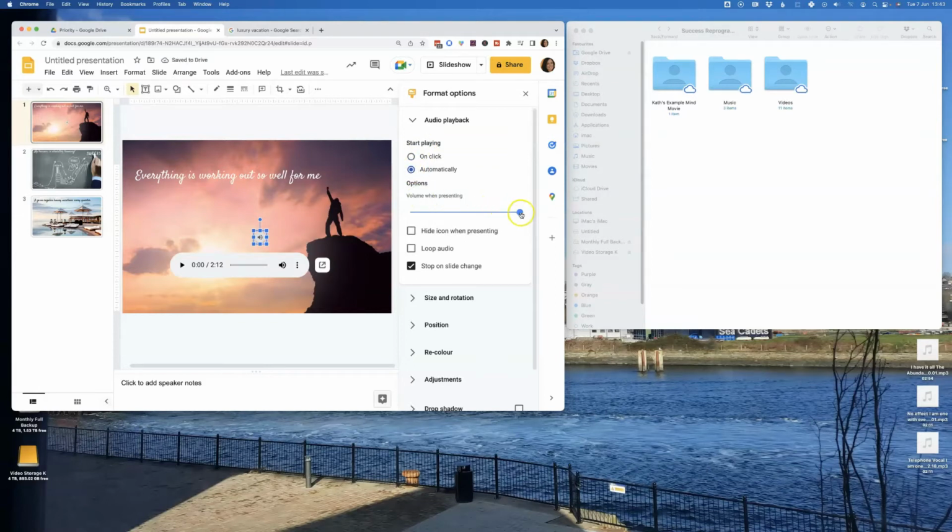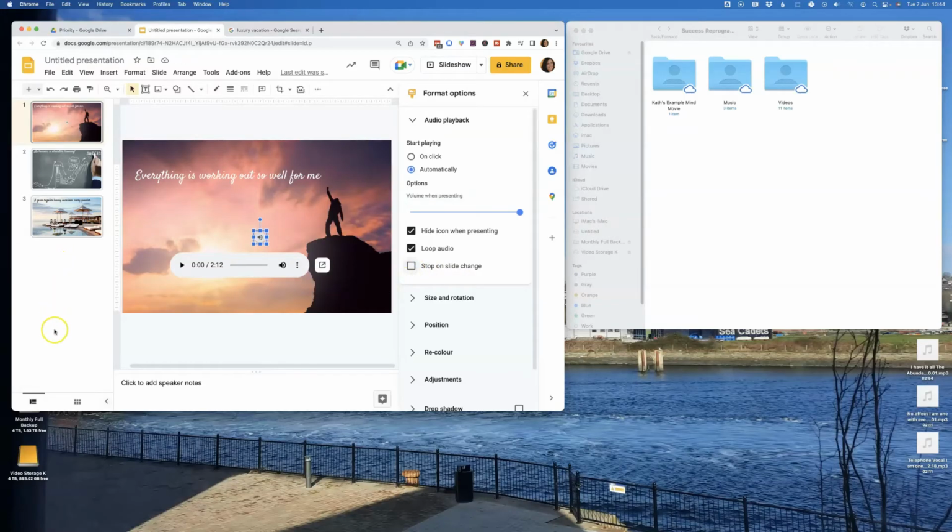Volume when presenting, I like to have it at maximum. I like to hide the icon when I'm presenting so I don't have to see it, and then I like to loop the audio so it keeps on playing as I might have more slides I want to go through. And I don't want to stop it when I change the slide, so I untick that option there.